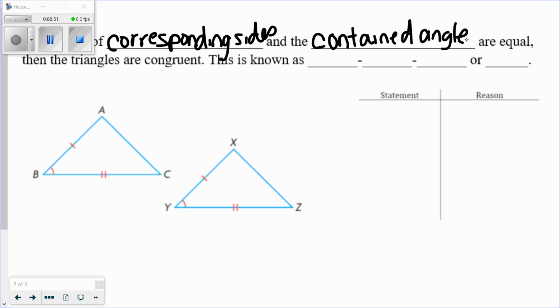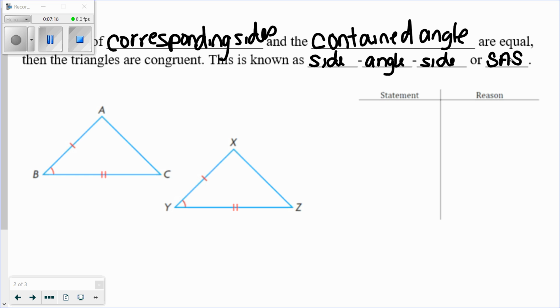What I mean by contained angle is the angle between those two sides that we know are equal. So if they are equal, then the triangles are congruent. So this is known as side angle side congruence, or SAS